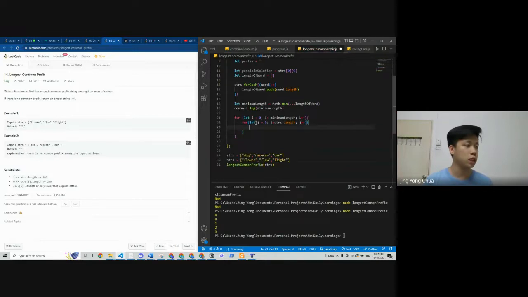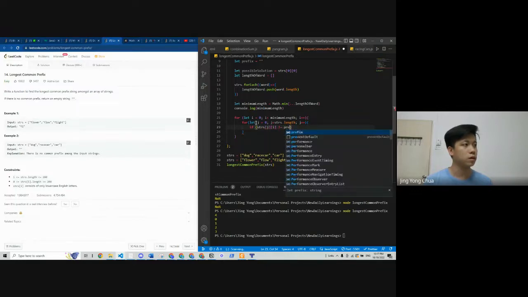And what we need to do is check if any of these letters, for this particular cycle, this particular word letter, is not equal to the prefix.